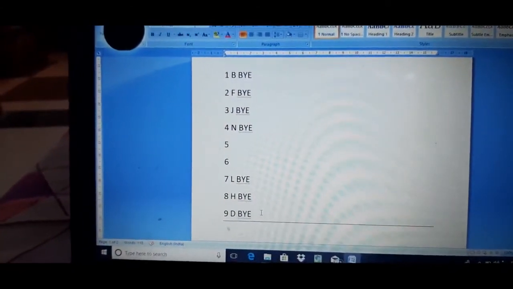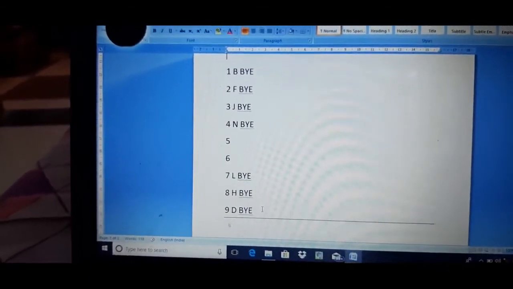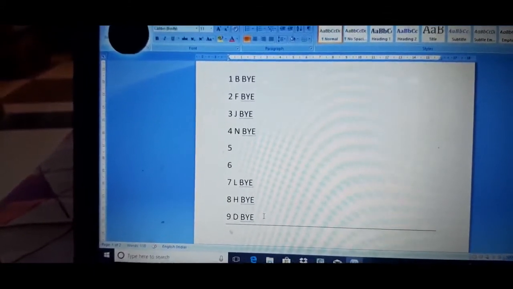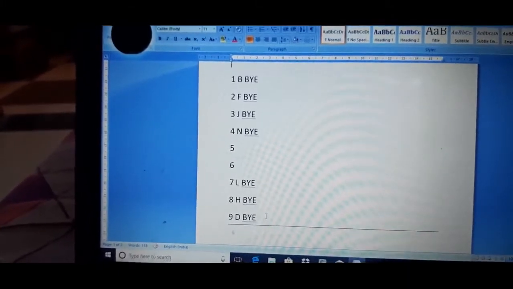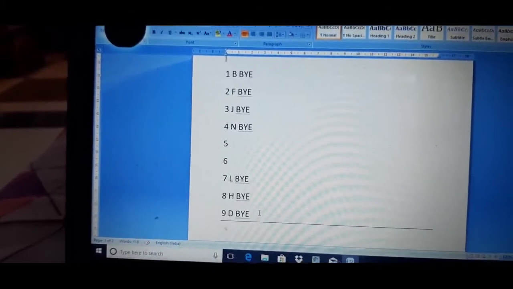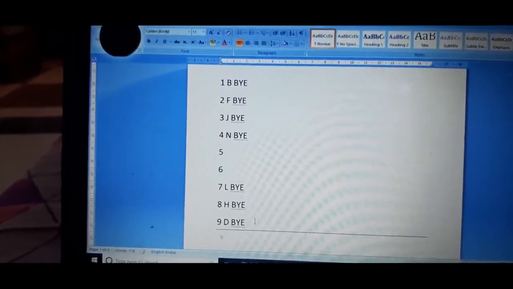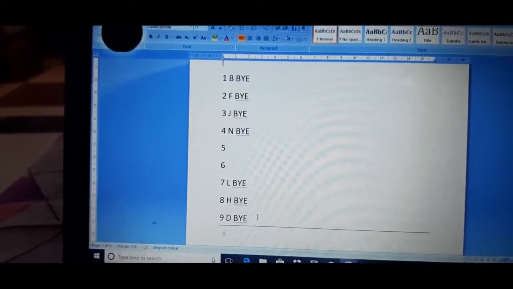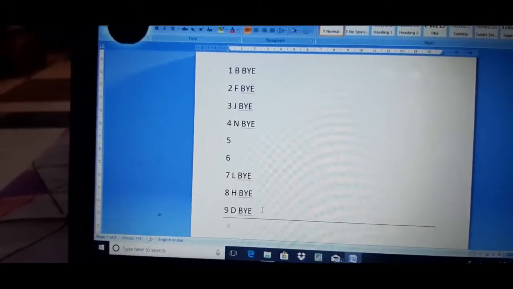5 and 6 have played a match over here in the first round. For example, supposing 5 loses the match and 6 wins. Now what is going to happen is, in the next round, 6, which has won the first round, is going to play with number 7. Now you can figure it out. 1 is playing with 2, 3 is playing with 4, 6 is playing with 7, 8 is playing with 9. So we have changed the odd number to an even number. That is the reason, students, why the bye is given: to change the odd number to an even number.